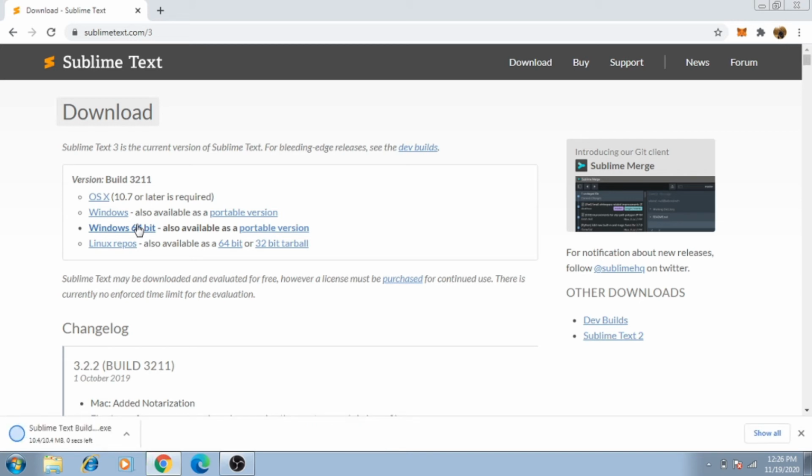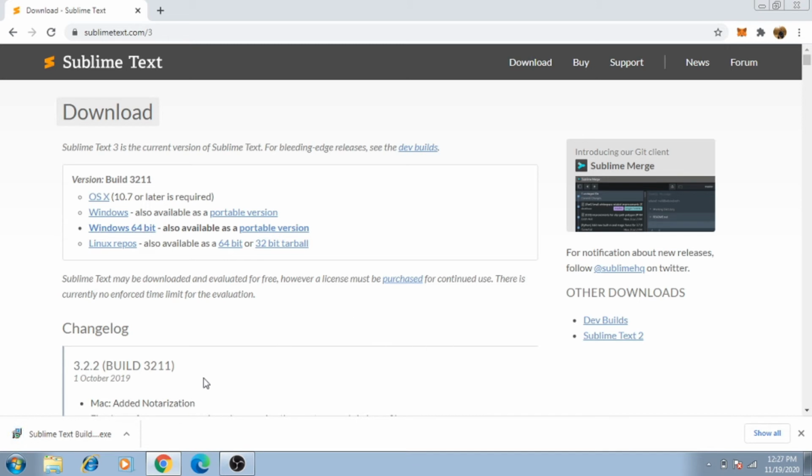After this, the download will start and it takes some time depending upon your internet speed. And after completion of the download, you can install it.